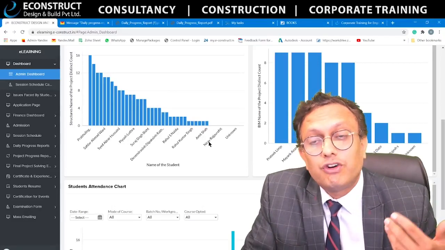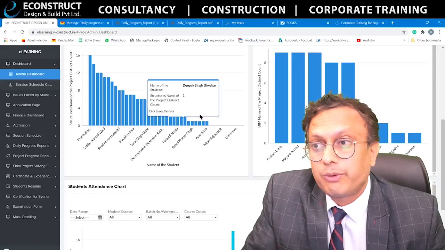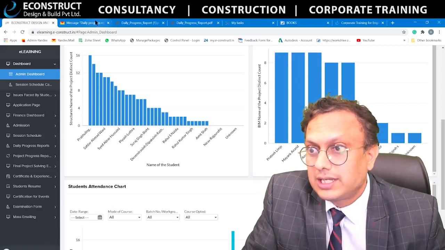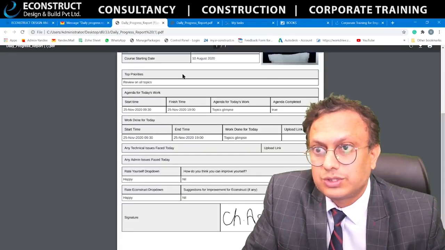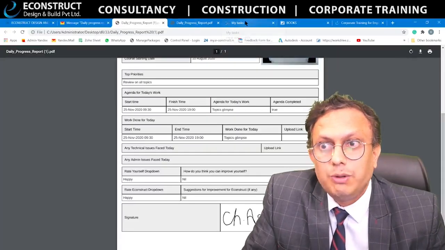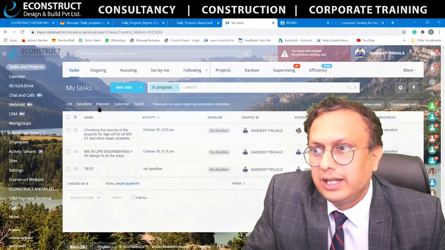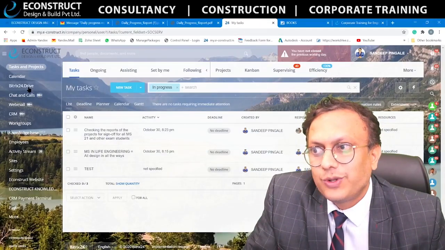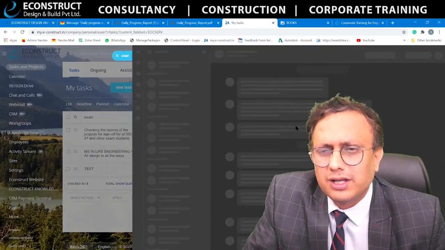and that's how they will be getting the habit of working in MNC companies, because every day they need to submit their daily progress reports, right? So this is how the reports, everybody will be getting in their mailboxes also. Along with that you will be getting a dashboard over here, right? In the dashboard, you will have the calendars, you will have the drives here, you will have a chat, you can call, you can talk to us.